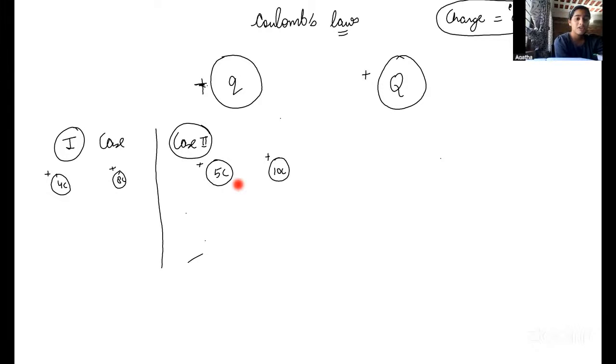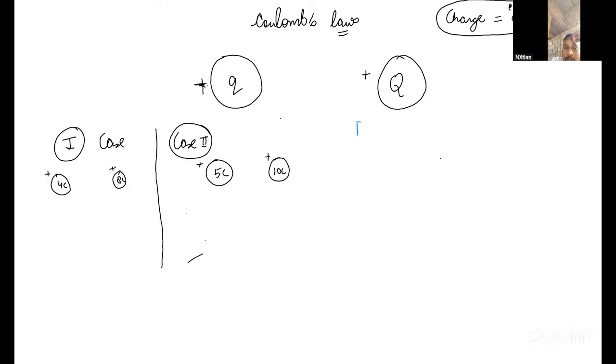Since 5 coulomb is bigger than 4 coulomb, the force of attraction or repulsion in 5 coulomb will be more. Not about only the 4 or 5, it is about the product of them. Like the product of 4 and 8 will be 32, and the product of 5 and 10 will be 50. Because it has more product of charges, it has more force of repulsion. So the first point is that